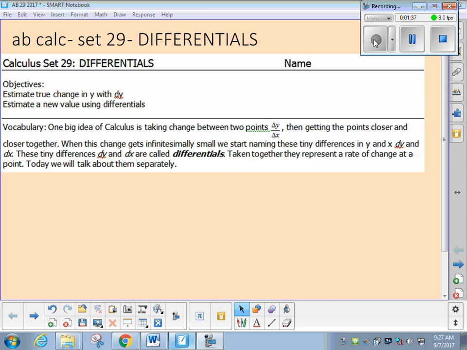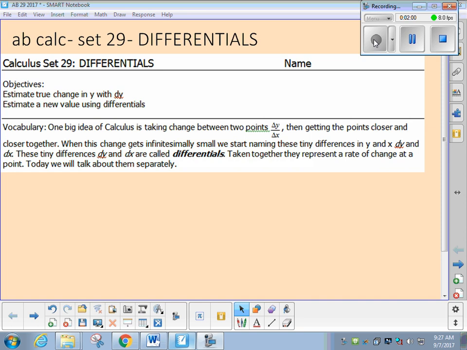No? Okay. Well, good thing today is going to go so well. I'm going to make this so clear that you will have no problem with it, even if you're not on your game completely. So the lesson is differentials. What does differential mean to you? Nothing to you? It means nothing to you, yes? All right, then let's start with vocabulary.